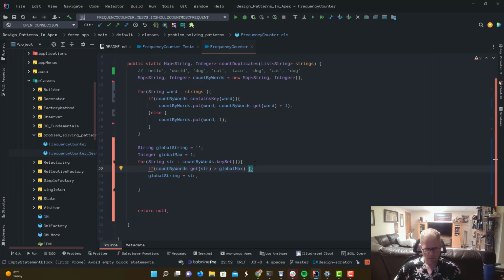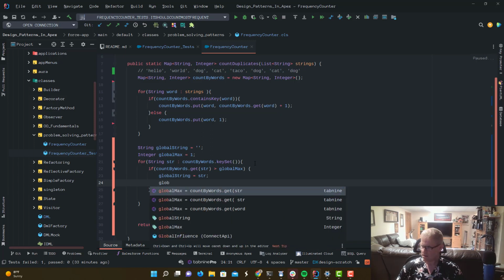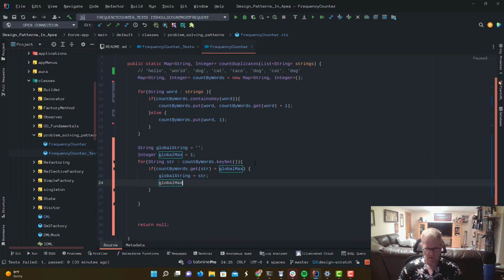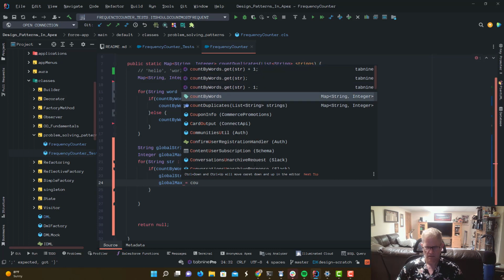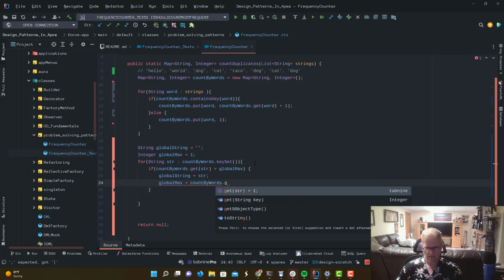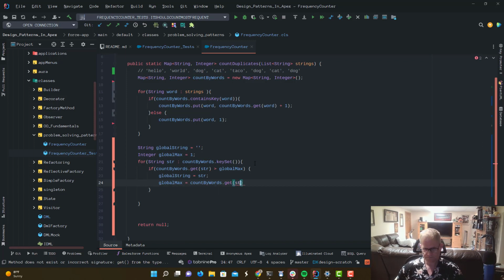If so, we're going to reset the global string value to that, and we are going to set our global max equal to count by words dot get str. Probably come up with a better name for that than str. So we're saying, we're going to iterate through each value in the key set. If its value is greater than the current value of global max,